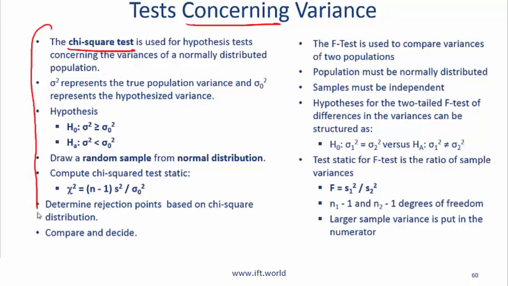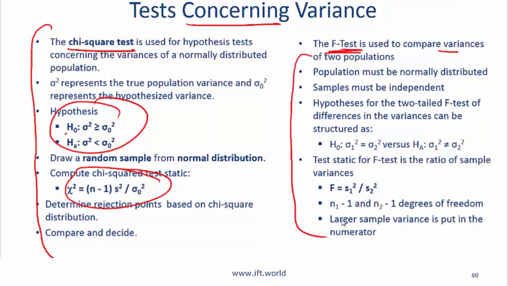And these are some points related to the chi-squared test. You will have a null hypothesis and an alternate hypothesis. This is what the chi-squared test stat looks like, and you will compare this with a critical value to determine whether or not to reject the null hypothesis. And then the other type of test related to a variance is the F-test, where you are comparing variances. So remember this, chi-squared is where you just have one variance, and F-test is where you have two variances, and just try to remember all these facts. So read